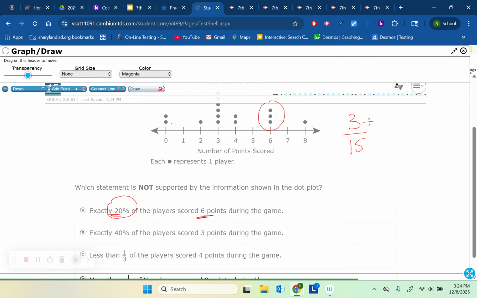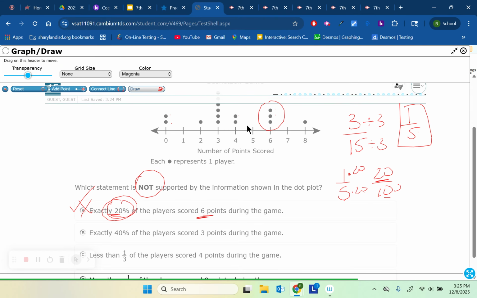So if I divide by 3, I'm going to get 1/5. So 1 out of every 5 of my players is that 20%. And really the easiest way for me to check that is to get 20 over 100 and check there. Okay? And I multiply times 20. 1 times 20 is 20. 5 times 20 is 100. 1/5 is 20%. So this is correct, which means this is not my answer because I'm looking for not the